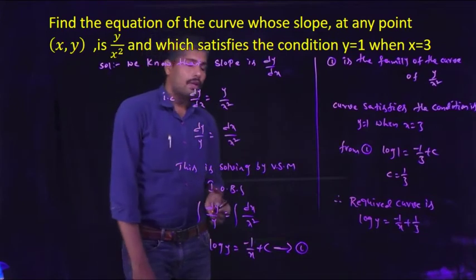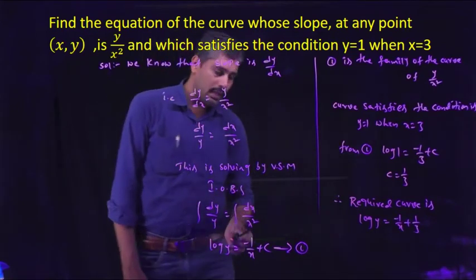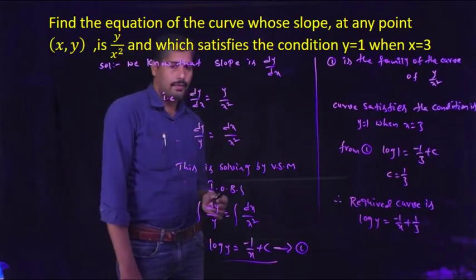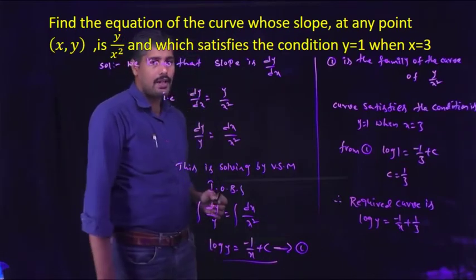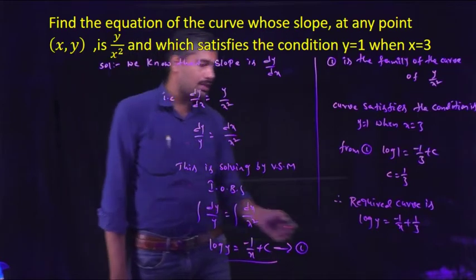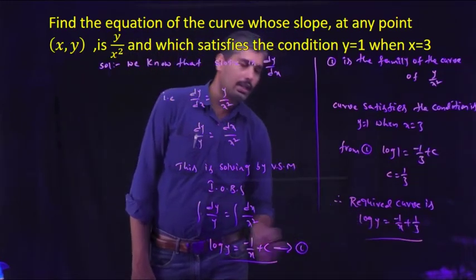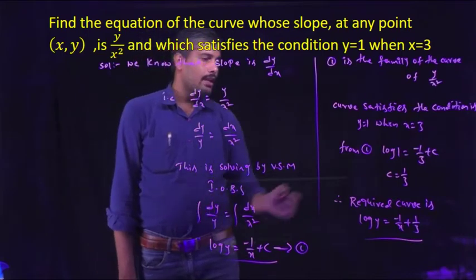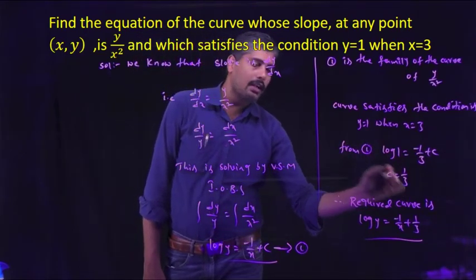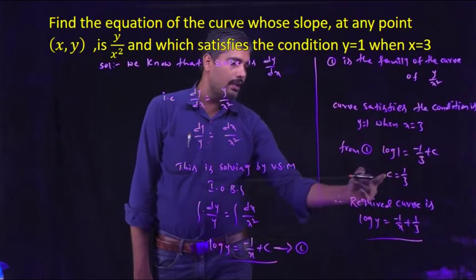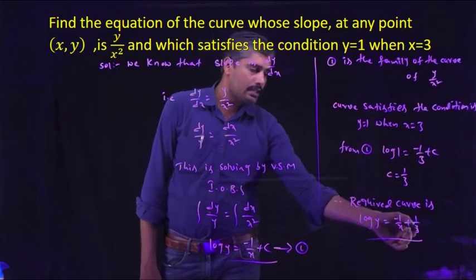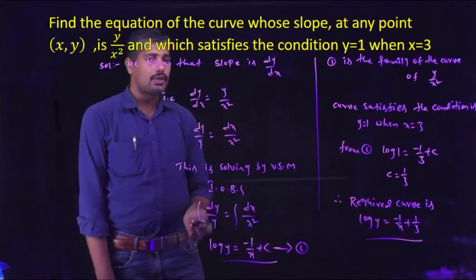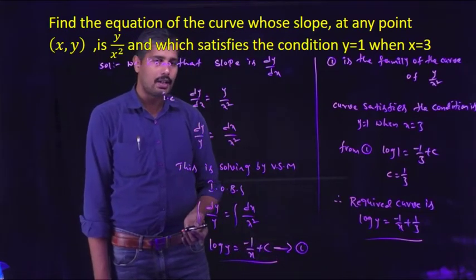Right? We know that this is the general solution of the differential equation. This is the particular solution. Why is it called a particular solution? Clearly, the arbitrary constant has a specific value here, c equal to 1 by 3. That's why this is called a particular solution. This is called a general solution of the given differential equation.